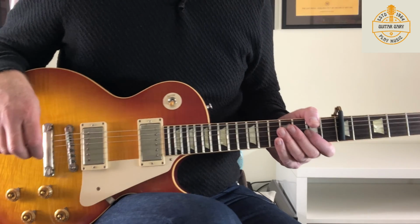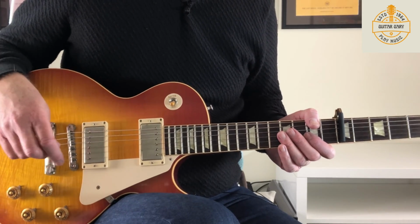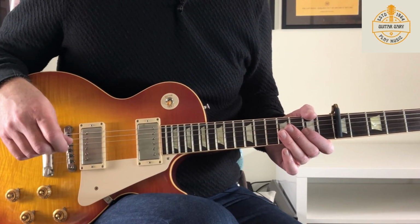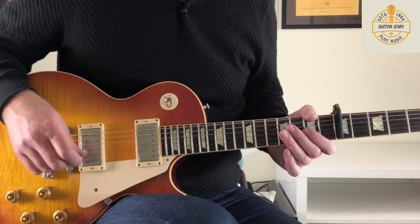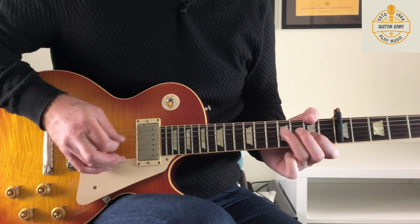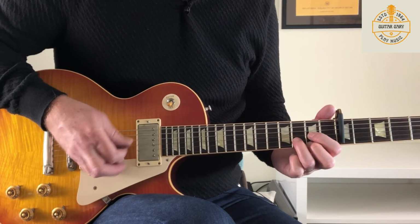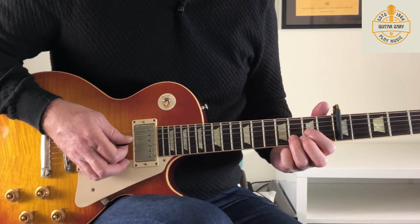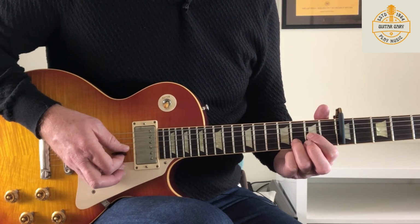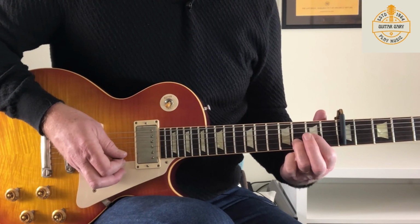Alright, so that brings us up to the guitar solo. It's a nice solo. Again, it's around these D, G and A chords. Starts like this. I'll play the first section and then we'll break it down. So I've got a D shape there. You don't need the first string, but I'm just plucking the B string, B3, to G2,